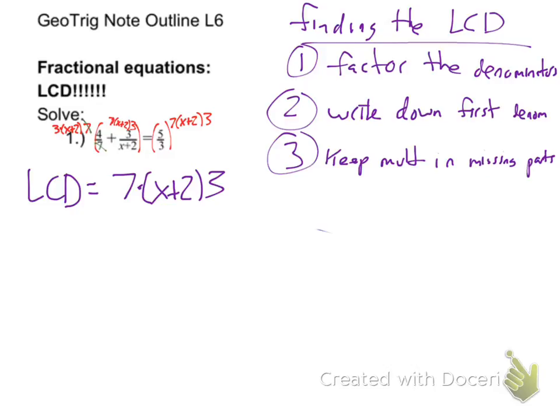Like the 7s will cancel. The x plus 2s will cancel. And over here the 3s will cancel. And then all you do, guys, we just got rid of all the denominators. So now I just rewrite it. There's a 3, there's an x plus 2, and then I think there was a 4 left. Right? Plus